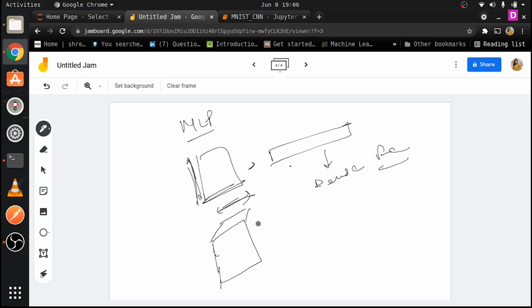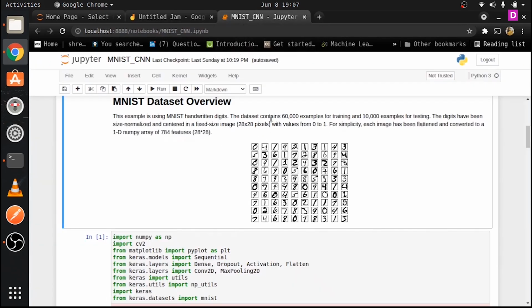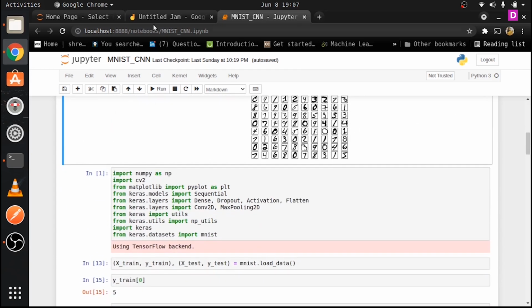And not only that, even when you have the 3 RGB layers, you can still use convolution to understand the whole thing. You will have 28 by 28 by 3 if this was an RGB image, and they will take into account these 3 channels here. So that is the good thing about CNN, and that is what we are going to use right now. It has 28 cross 28 pixels and the values